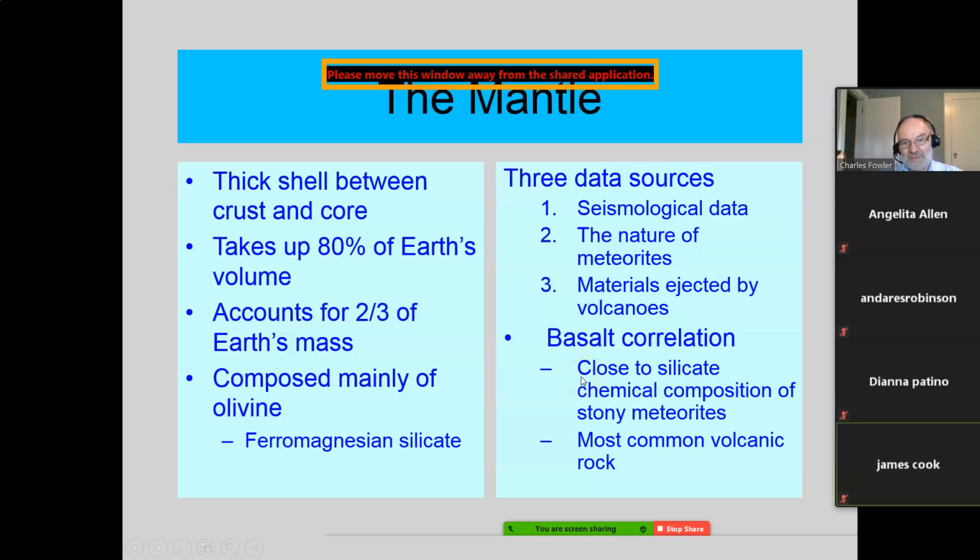But because it hardens quickly, it makes small particle size, small crystal size, which makes it a very fine-grained igneous rock, okay? But those chunks of rock that come out, those were probably rocks from the mantle. And when they studied those, they found out they're very similar to the stony meteorites that land on the Earth, which means that's probably what the Earth was predominantly made of at first. 80% of its volume is still there. 2/3 or 67% of its mass is still that. Okay, there's the mantle.